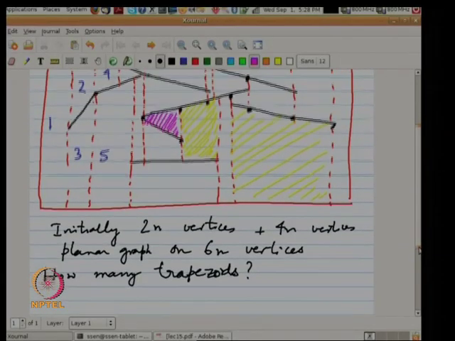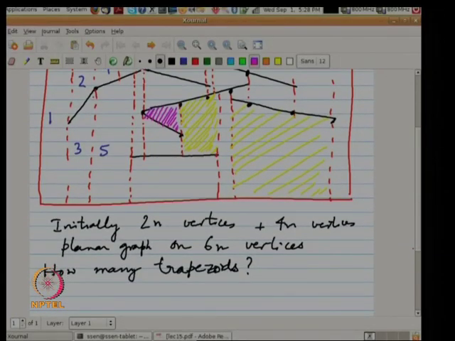So, I will leave it as a relatively simple exercise. I would like you to do the counting even without using that Euler thing. Maybe you can just look at a vertex and look at how many. There is a vertical line that I have drawn to the vertex, and